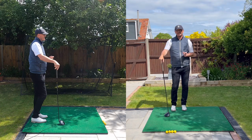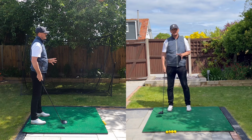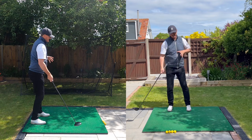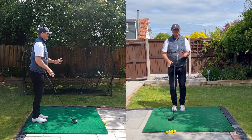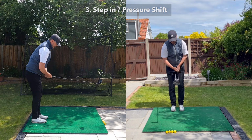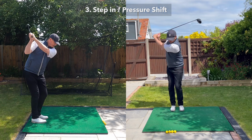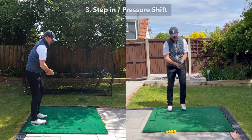So the third one is encouraging our weight transfer onto our front leg in the transition. Too many people stay back, so this exercise is a great one. Actually, there's 2 for the price of 1 for this one. The first little one is a stepping exercise. Feet together, make your backswing. Just before you get to the top of the backswing, I want you to step through and swing. So it's really encouraging you to